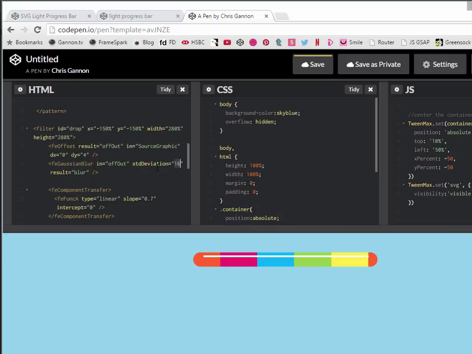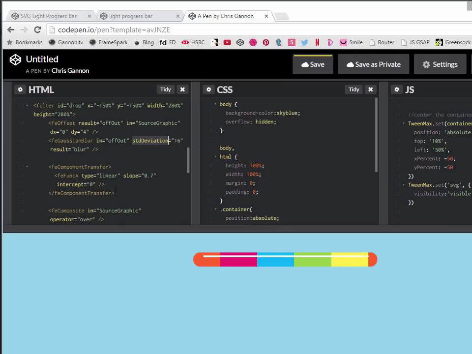I don't know why in SVG some of the names of these things are just crazy. You know, just put blur amount, or I'm sure there's some clever mathsy sort of reason for calling them that, but really, I find SVG in many ways very inaccessible because the naming convention of some of this stuff is just mental. Anyway,